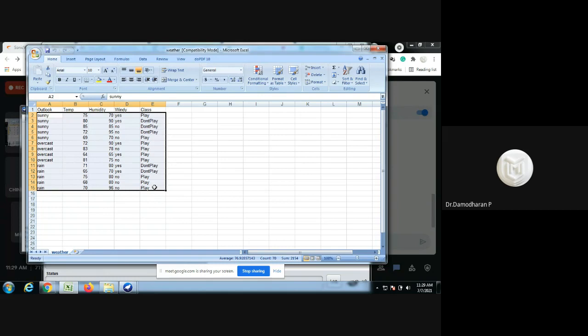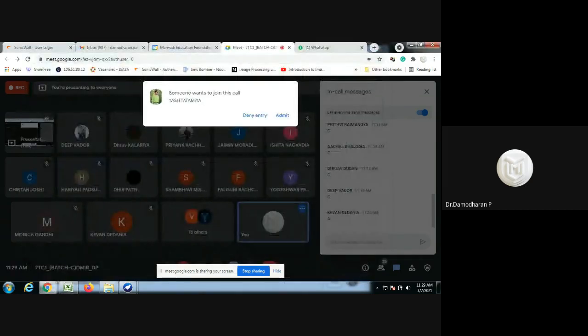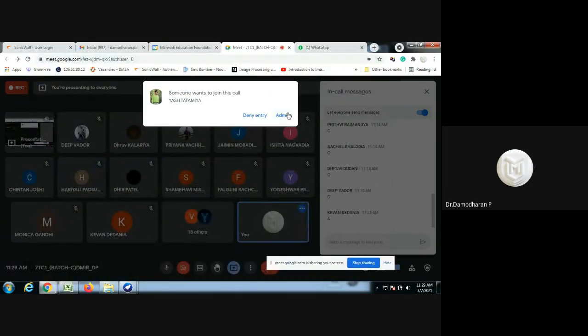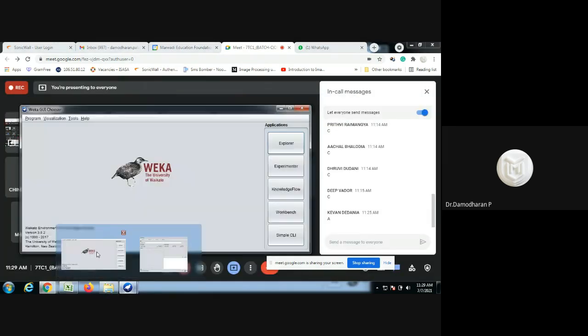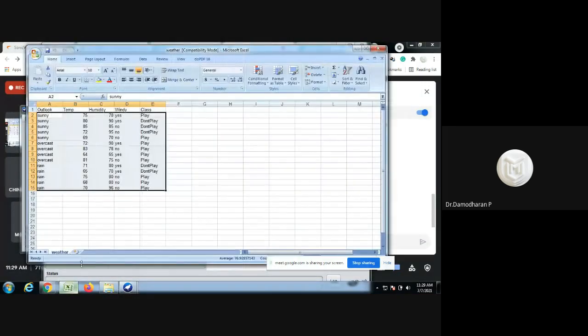The data which is taken by you should be converted into the format which is understandable by the VCard tool. So we are going to convert this data to be understandable by the VCard tool. I'm clearly mentioning that it is reference data. I'm using only 5 attributes and 14 rows as the data.